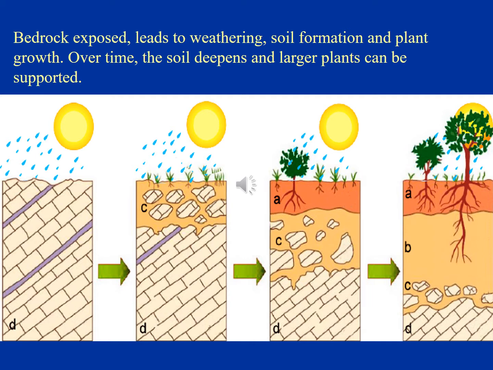When those are exposed, they're exposed to weather, and weather includes precipitation, snow, heat, cold, and wind. Even plants can help weather soil or weather bedrock, and break it down and help soil start to form. Over time, like in the picture on the left, you've got bedrock, and then slowly, with precipitation, that will cause some chemical breaking down or weathering of that bedrock into smaller chunks, and you get some plants